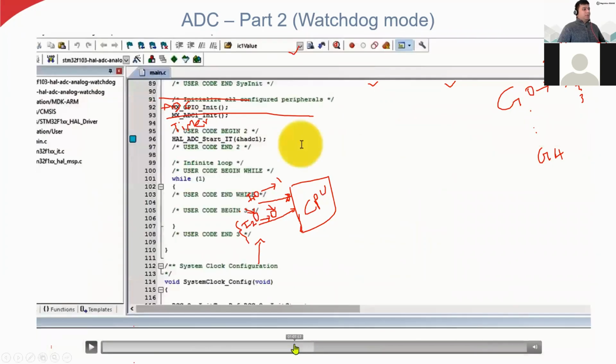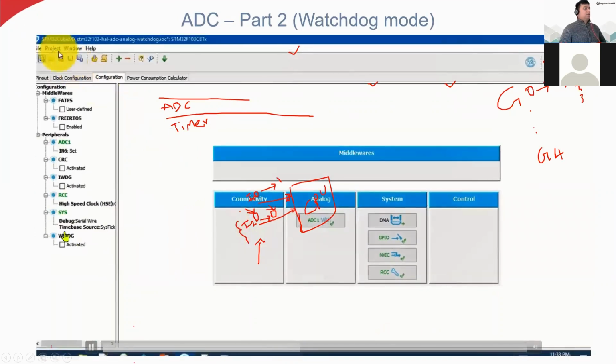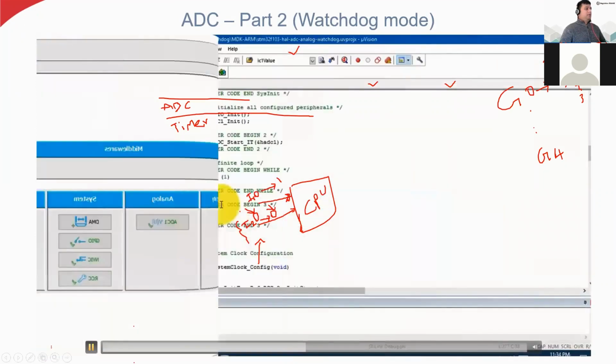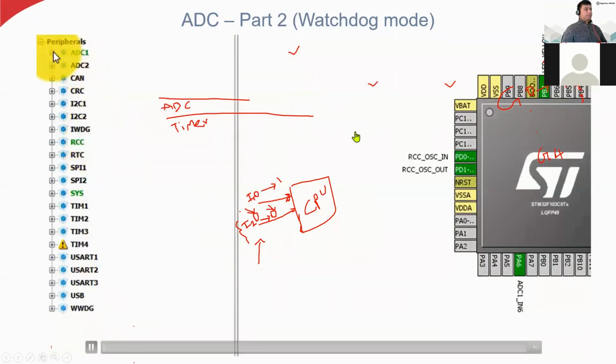So then once you finish this one, you can go and generate the C code, and then you will be in the C code main program, and then you can edit the code and you can check the output in your LED. So this is for watchdog mode. Watchdog mode will always watch